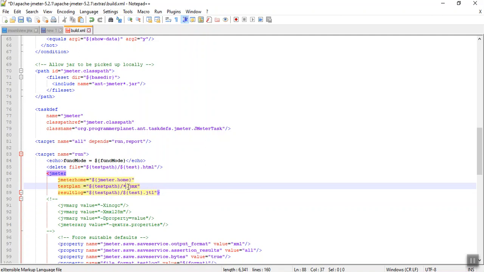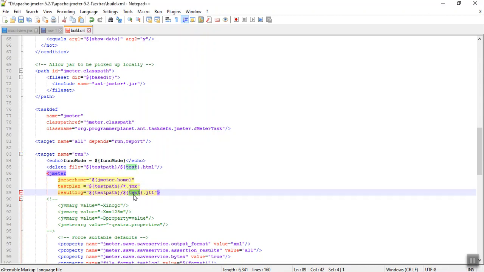Star means everything. So in the test path, the folder I have given, all the files ending with JMX should run. And this is our log file name. The log file name will be generated as test.jtl. We just need to make these two changes now so that it picks up the scripts from some folder.